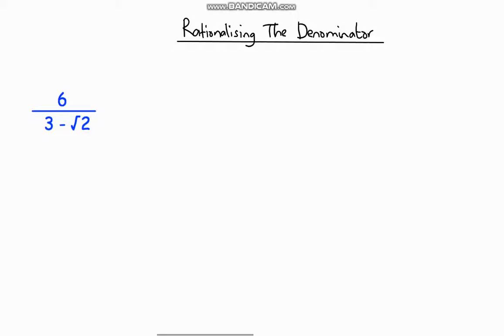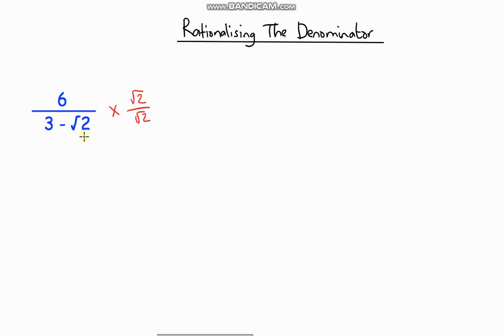Hello and welcome to another video on rationalising the denominator. In the previous video we looked at a technique of getting rid of this irrational number from our denominator, and how we did that was we multiplied the numerator and the denominator by this number here. So we multiplied the numerator by root 2 and the denominator by root 2 because we weren't changing the value. This is just 1, we weren't changing the value, but that allowed us to get rid of our irrational number